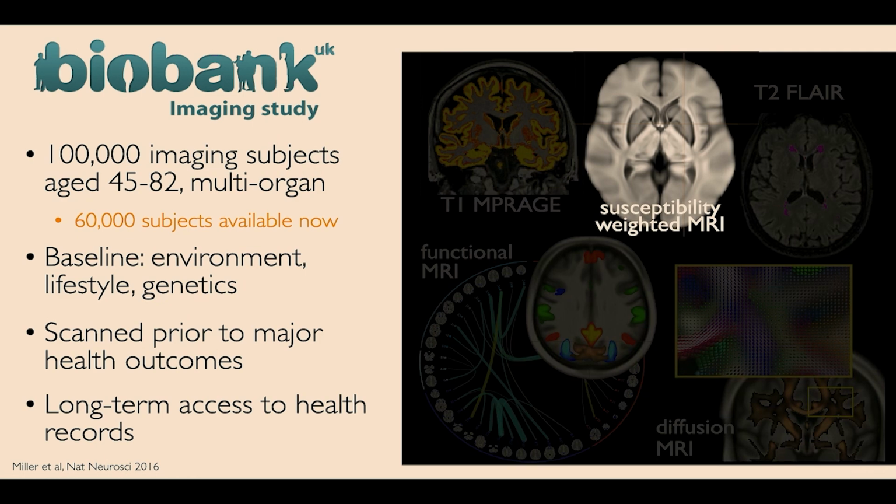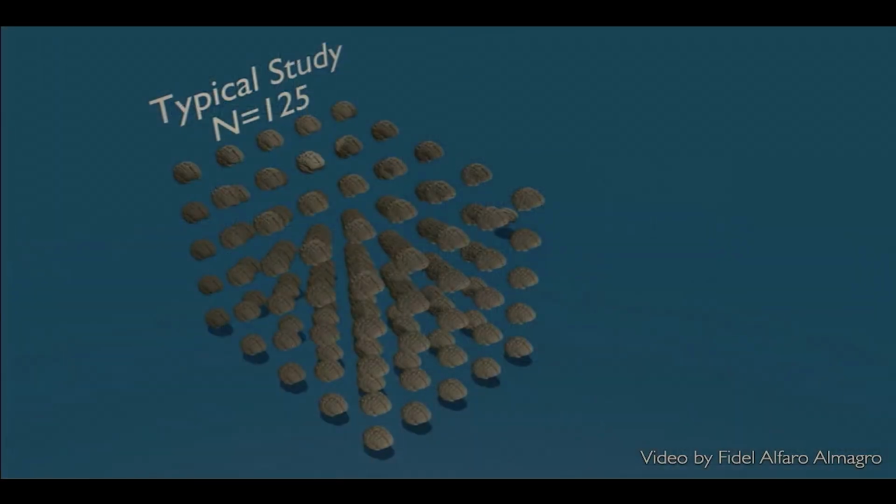My work has been focusing on the susceptibility-weighted MRI, in particular to do quantitative susceptibility mapping, or QSM, with this data, which is what I will present in this presentation. So how do we get a sense of the scale of these numbers of subjects that will be scanned in UK Biobank? Here I will use a video to give you a visualization of the size comparison to typical imaging